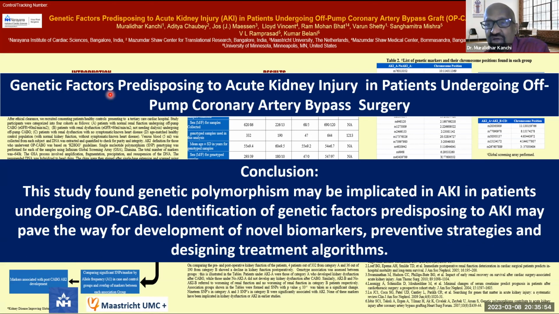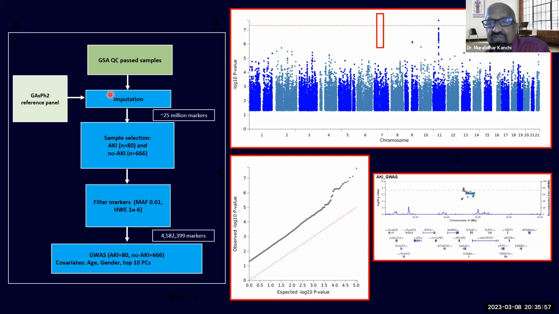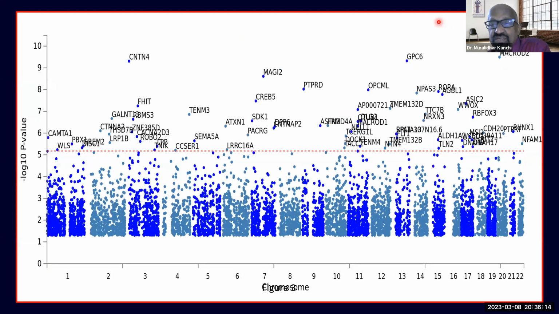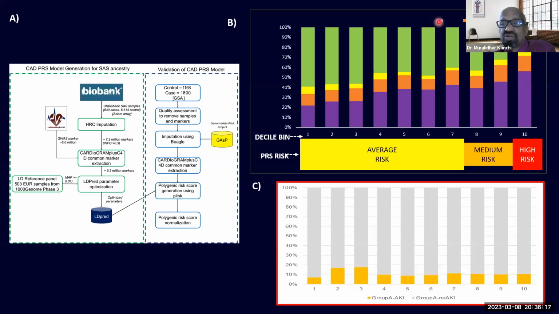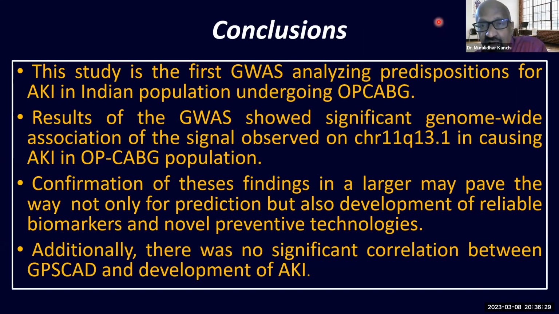So identification of such factors, this is the technique used, and this is called the Manhattan plot, and it is with the chromosome 11 numbered, which there were some indication that this gene may be responsible for kidney injury in these patients, which was not present in those patients who did not develop kidney injury. And when we applied the global coronary artery disease polygenic risk score, that had no implication on the occurrence of acute kidney injury. Based on this finding, we